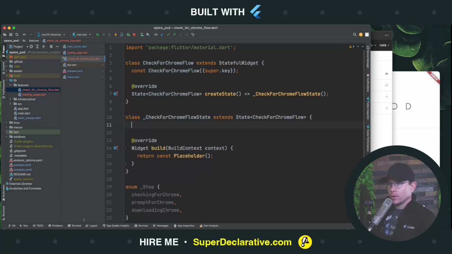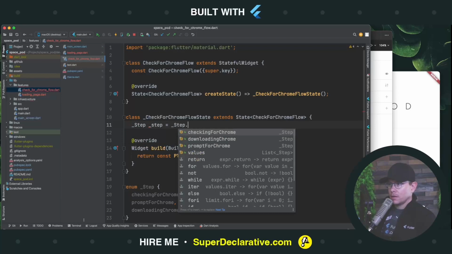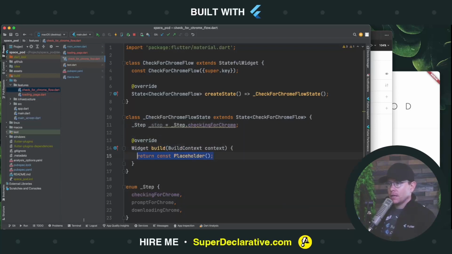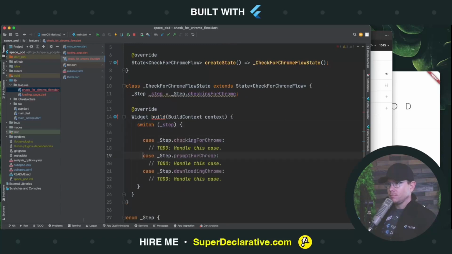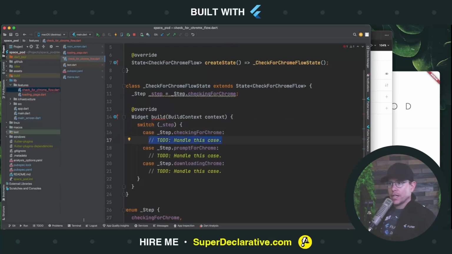Our flow will then have a step which begins at checking for Chrome. Our build method will be entirely based on the particular step. Checking for Chrome, we're going to return a loading page whose title is, let's see, we'll call it Running Pre-Flight Checks. Downloading tools,